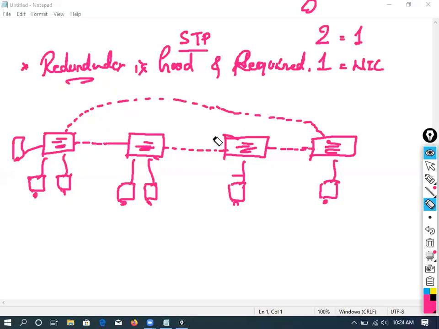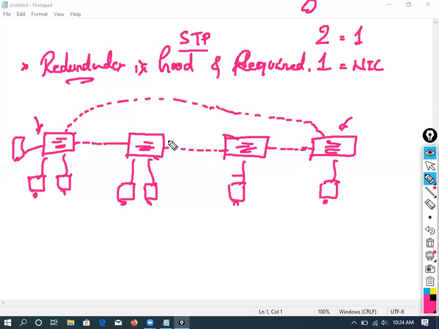Let's say I connect the switches in this format. Do we face any problem with this? You got my point, right? First we implemented switches, but there was no backup connectivity. So if I lose any one of the links, then your network is broken. To overcome that problem, we implemented a backup connection here. That's known as a redundancy connection. We just took a cable and connected from this switch to this switch, a separate link.